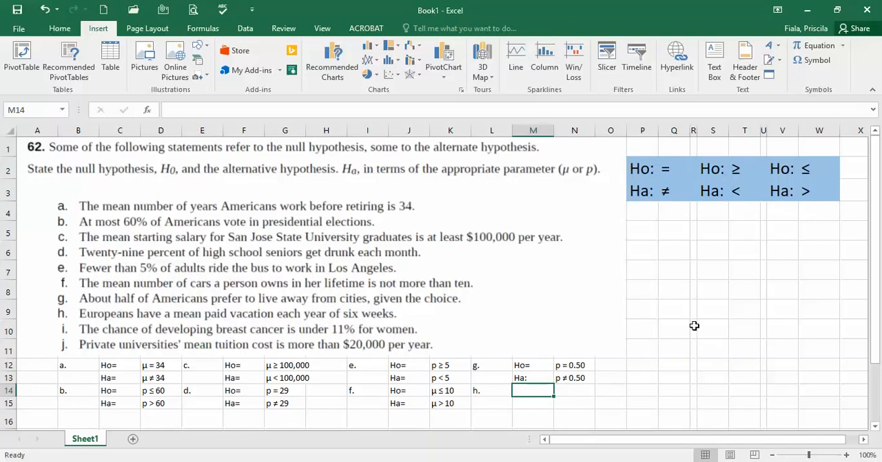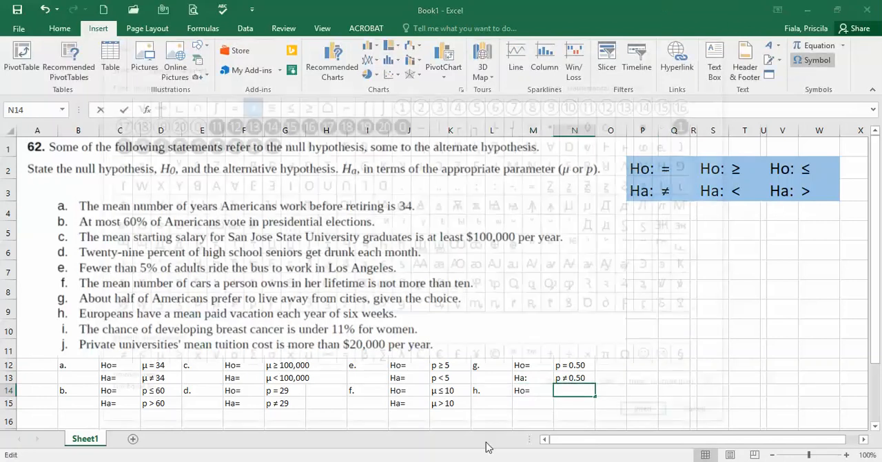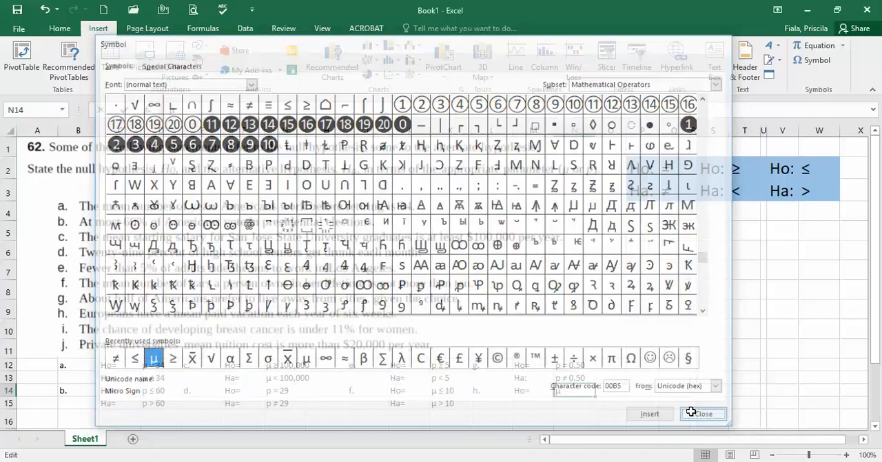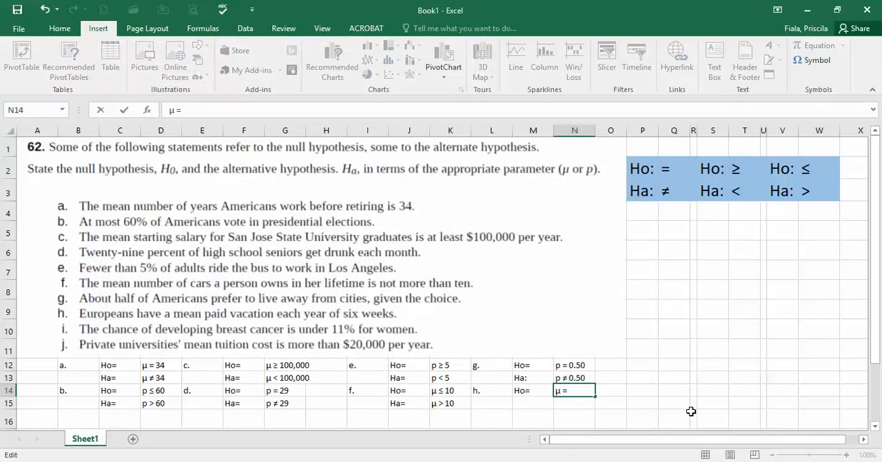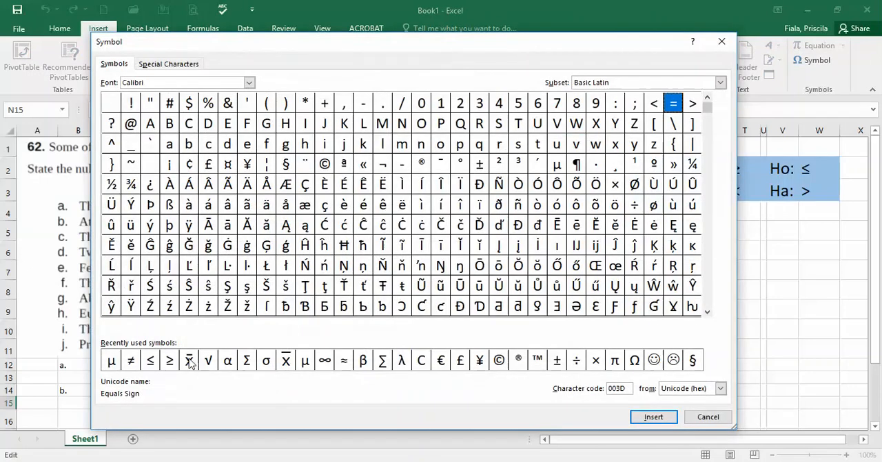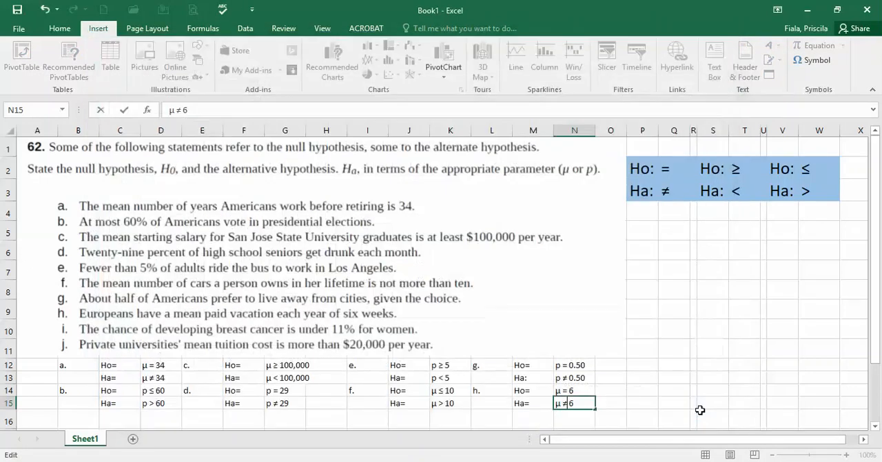for the alternative. So my mean is going to be equal to 6 weeks. Therefore, my alternative is going to be that my mean, in this case, is different than 6. Two more, and we will be done with this. So now we have